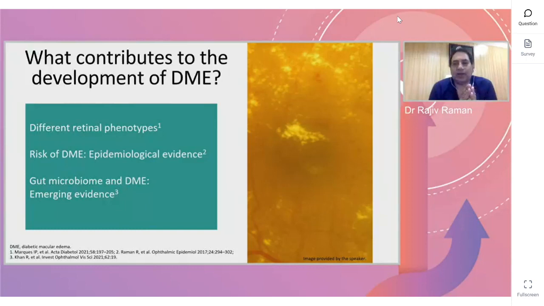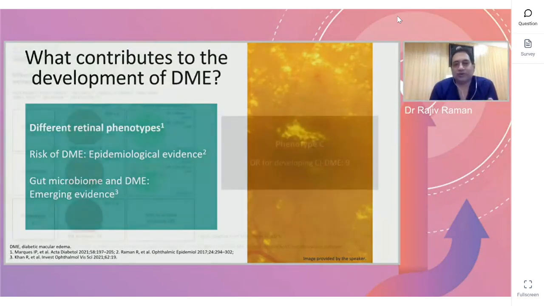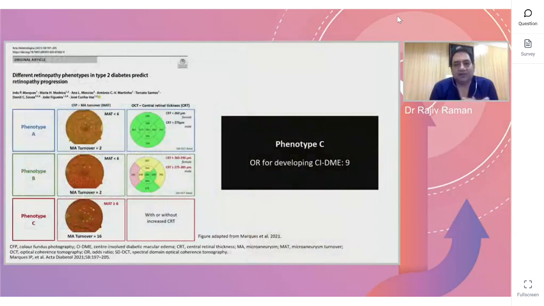So, are there different retinal phenotypes which have diabetic macular edema? Meaning, can I predict, seeing a patient, whether he will develop DME or progress to proliferative diabetic retinopathy? This was a work by Professor Nawaz, a very good work, where he tried looking at microaneurysm turnover rate and the central retinal thickness, and trying to classify whether we can classify patients who have more